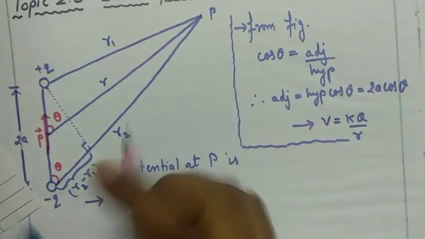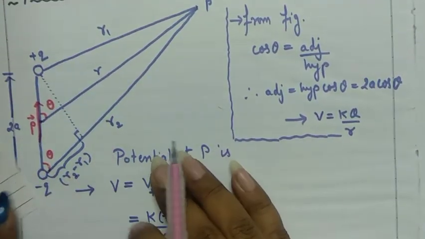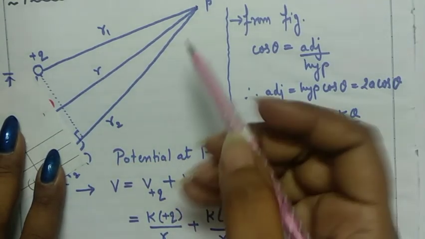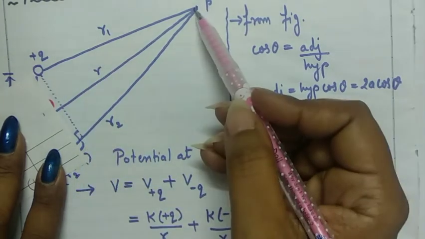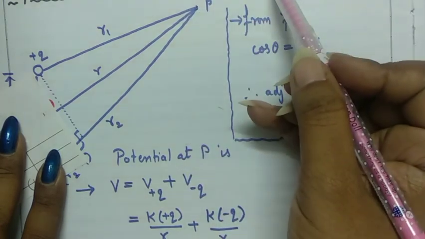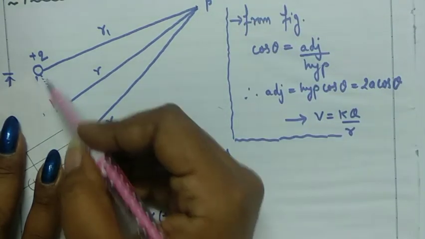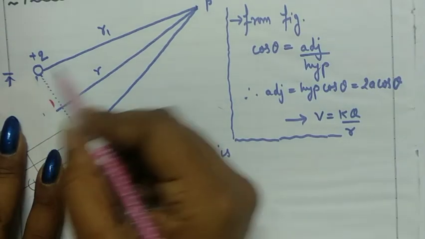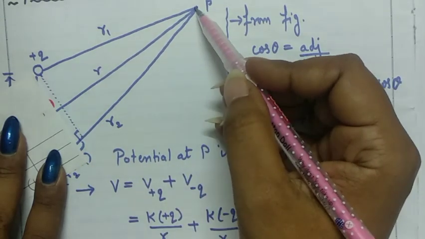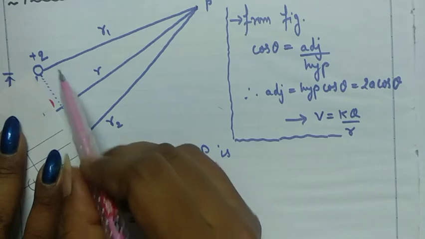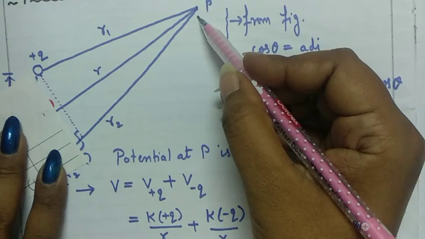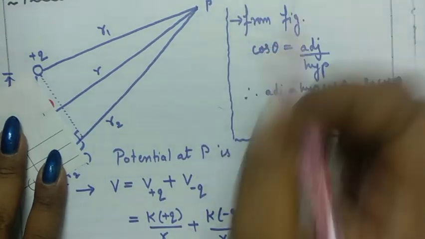Now if I plot here a perpendicular like this, then this angle on this side is also 90. I know that the sum of all the three angles of a triangle is 180. This became 0 as this point was very far away. If this is 90, then this also is going to be 90. So what you can see from this triangle is that this angle is 90, this angle is 90, and this angle is 0, and this point P is very far away. So from this triangle, we can conclude that this R1 and R2 are equal. This portion of the length R2 is equal.